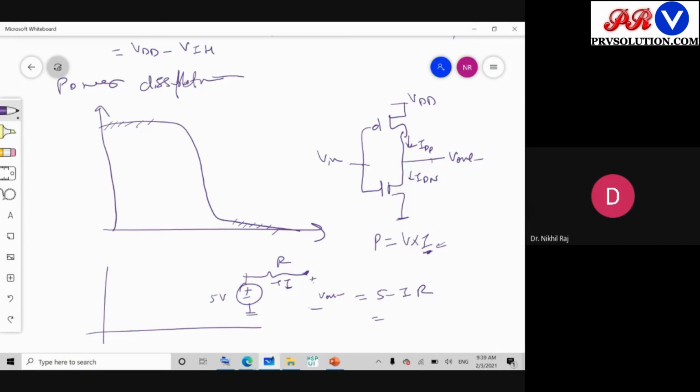Here it is open. So what should be V out? Anyone? 0. 0, because no closed path is there, so current will not flow. So in order to make current flow, I need a closed path here. ठीक है, तो यहाँ पे कोई लोड लगा दिए, and then a closed path is there, then a current flows. So in either this case or this case, my both transistors are not on.